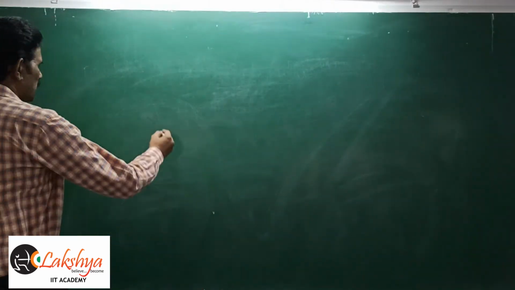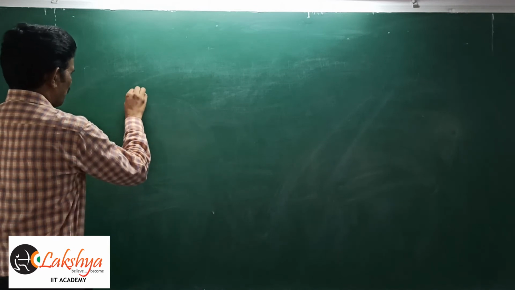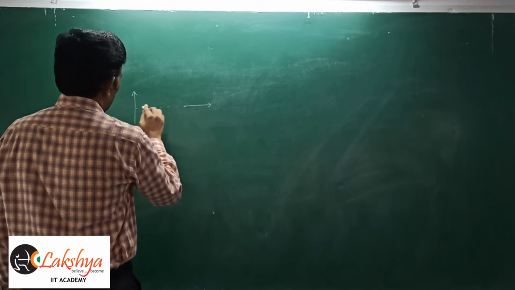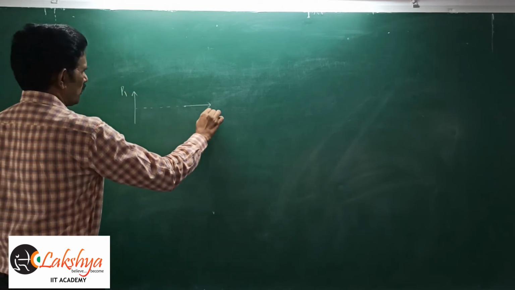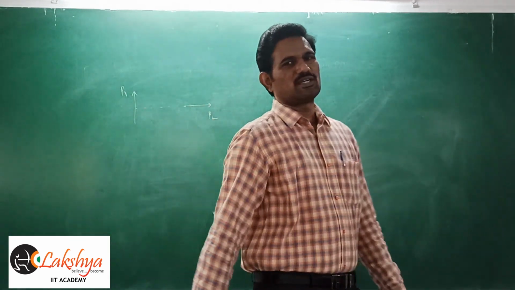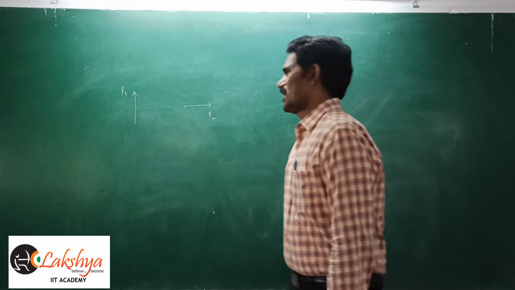And whereas if the dipoles are, for example, generally that case they won't give. For example, I am giving here the dipoles are placed like this. So one dipole is here, another dipole is like this. Then you can't calculate by using our previous potential energy method, because if you write the potential energy of